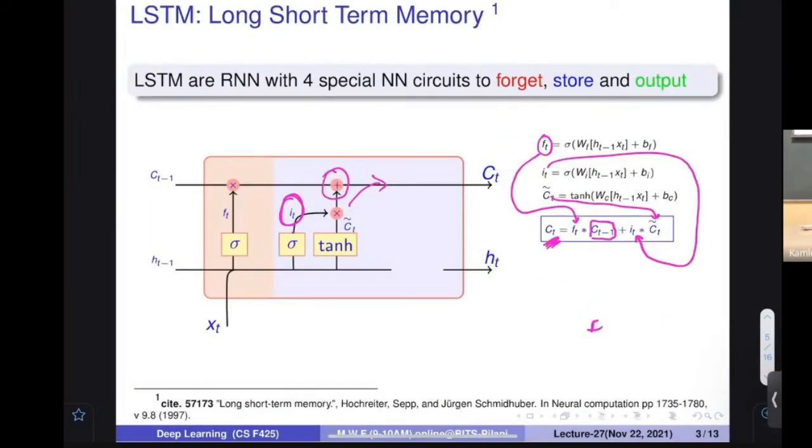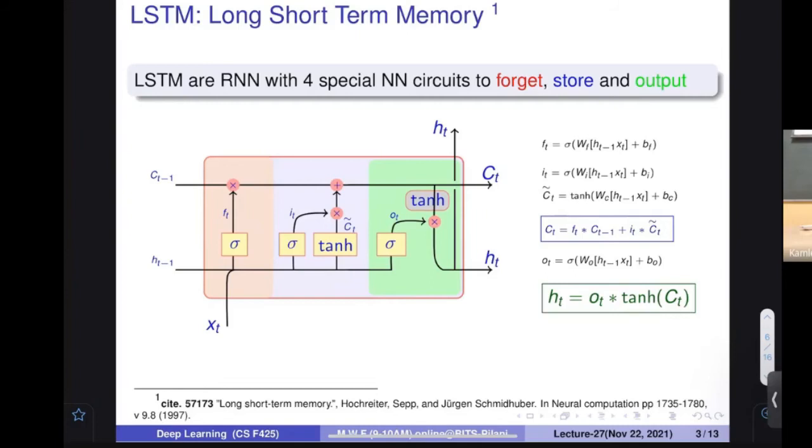So what is left? Now you have the context. You want to update what the state is. Again, if you want to update the state, what is going to happen? That is going to be dependent upon this particular value, because you now have the context. Some input is also going to come, and based on that you are going to update what my next state is. I'm going to apply a sigmoid that is going to find out what the output is. On the context, I'm going to apply the tanh, and then I'm going to multiply these things to find out what the next state is.